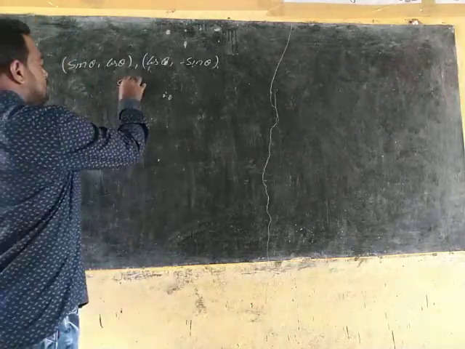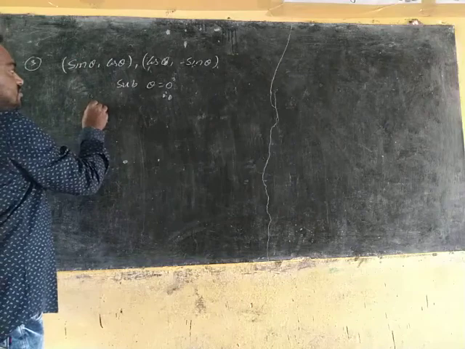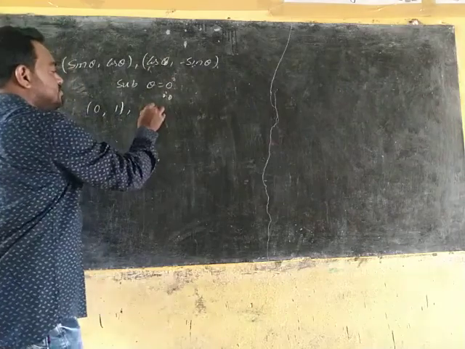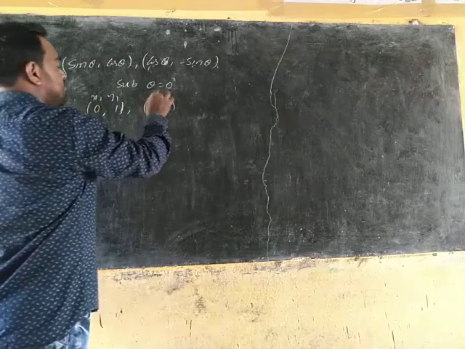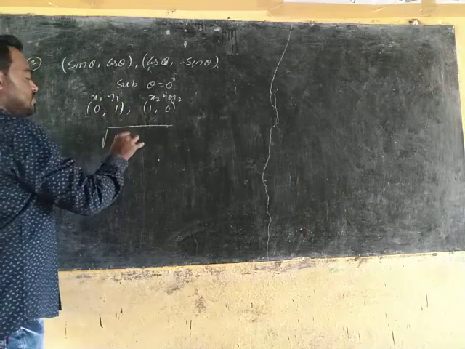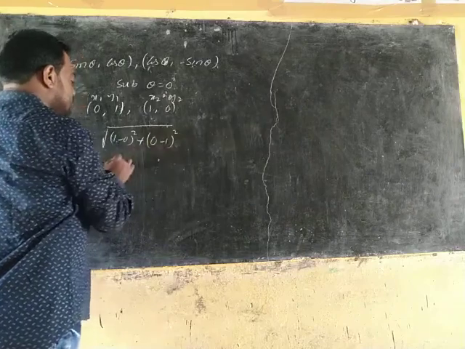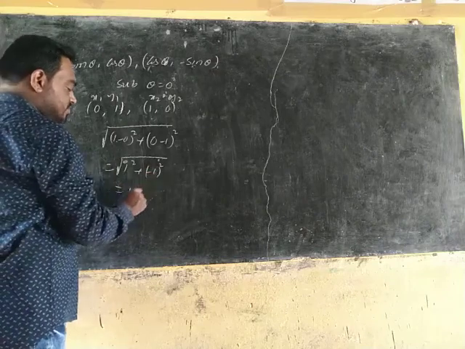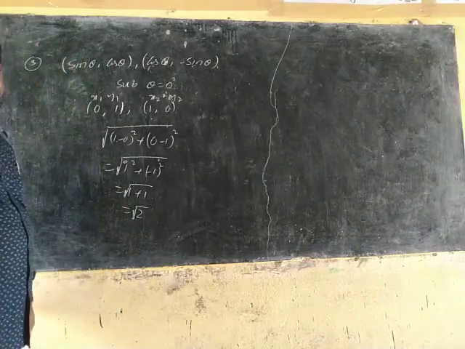So you substitute theta equal to 0 degrees, then what are we getting? Sin 0 is equal to 0, cos 0 value 1, and cos 0 is equal to 1, sin 0 value is 0. Just now use the distance formula. Now it is very easy. So 1 minus 0 whole square, x2 minus x1 whole square, plus y2 minus y1 whole square, 0 minus 1 whole square. This is equal to 1 square, this is minus 1 whole square. So 1 square is 1, minus 1 whole square is equal to 1. 1 plus 1 is 2. Square root of 2 is the right answer for this question.